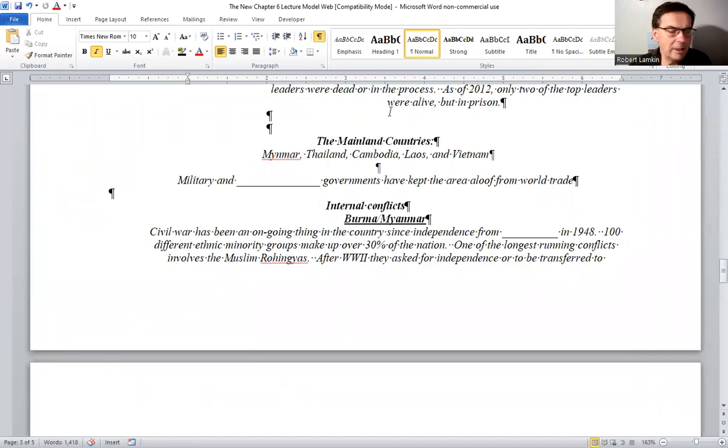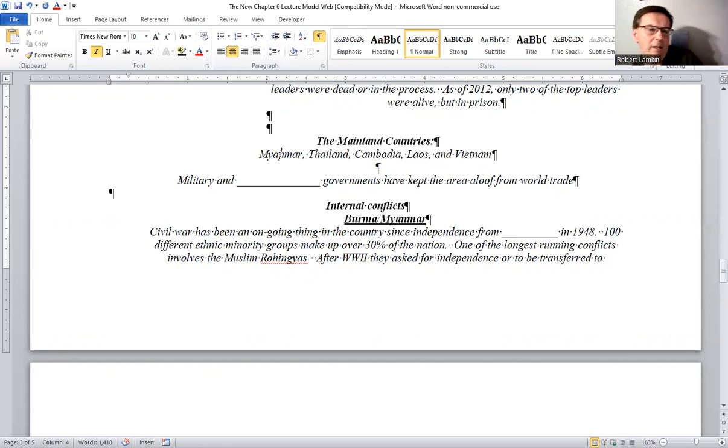I'm going to finish up here by looking at the mainland countries: Myanmar, Thailand, Cambodia, Laos, and Vietnam. Again, page 275. I don't need to turn there anymore, I've shown you that a couple times. You can look at that. But now I'm going to talk about internal conflicts, civil war. Burma, Myanmar. Again, remember,